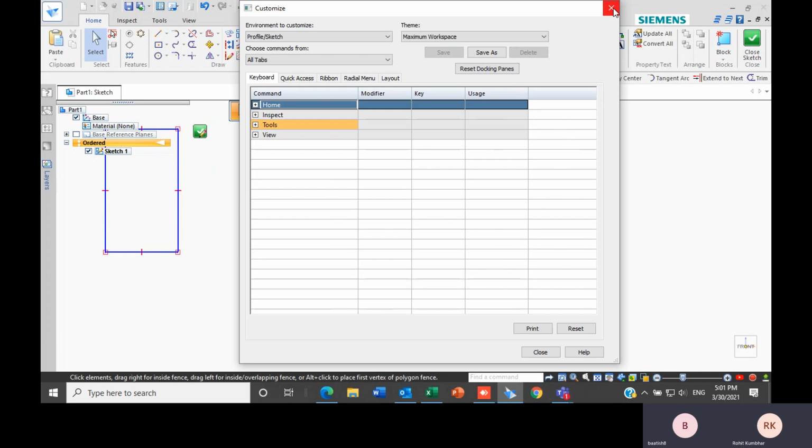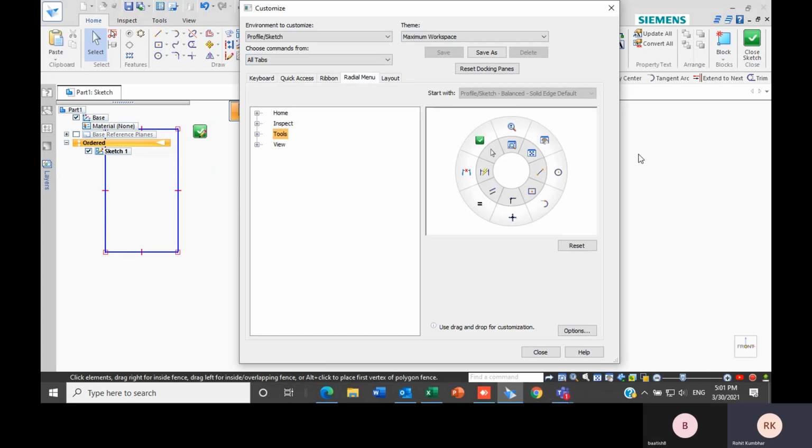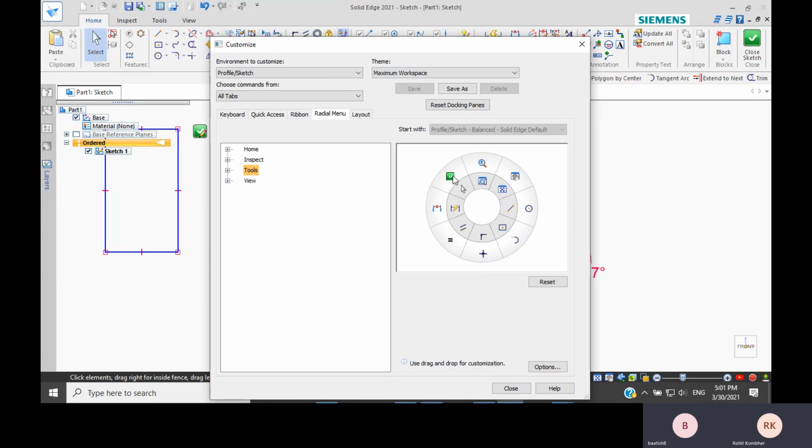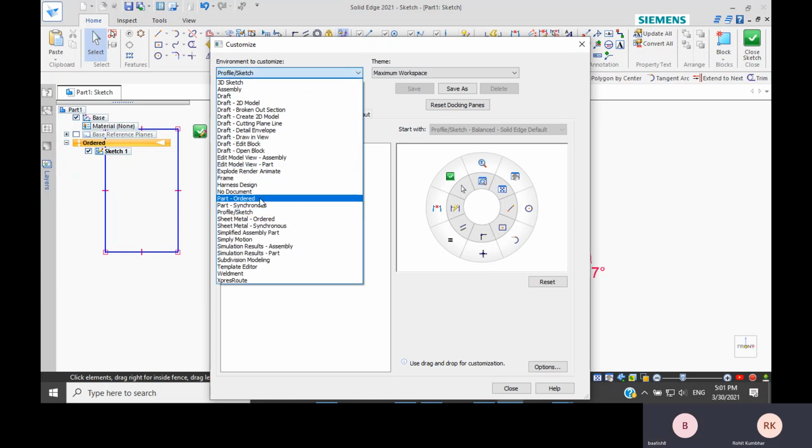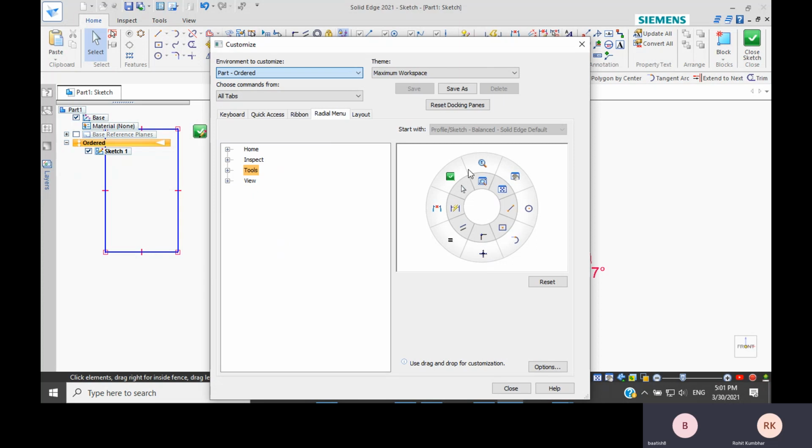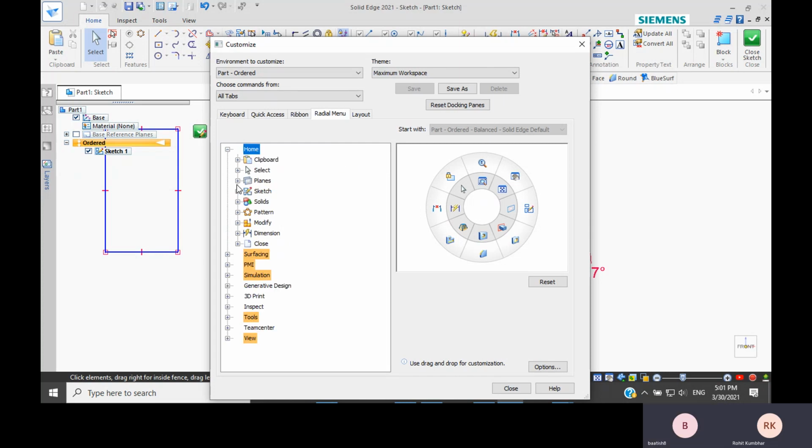So instead of keyboard shortcuts, you can just go for the radial menu. You just have to change the radial menu layout. This layout is only for the sketching environment. And if I go for, let's say, ordered part, as you can see here, the radial menu will get changed accordingly. You can customize it, and you can simply put the commands which you use the most.